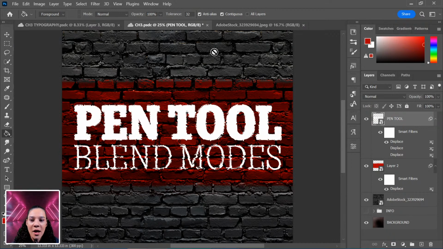We've got our background wall. We've got our red stripe across here that looks pretty cool, but I feel like we kind of need to fiddle with some blend modes to bring the texture of the letters, or of the wall, through the letters to really make it look like it's sitting there. Because right now it just looks like really flat text with textured edges over a pretty cool looking background, but